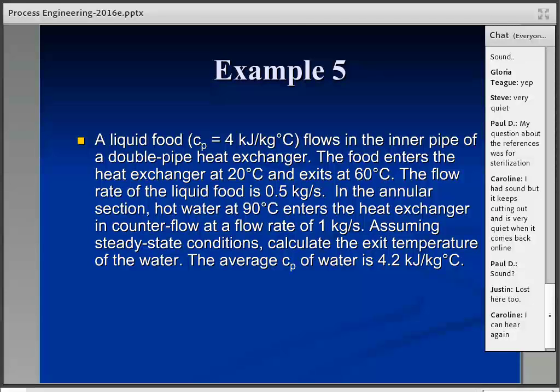It enters at 20 degrees C. It's heated up to 60 degrees C. Flow rate's a half kilogram per second. Hot water at 90 degrees C is being used. Counterflow. Flow rate's 1 kilogram per second. Calculate the exit temperature of the water. Basic problem. It says assuming steady state conditions, the equations we've looked at and the